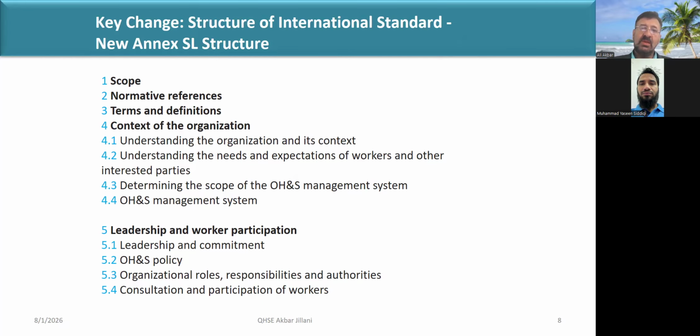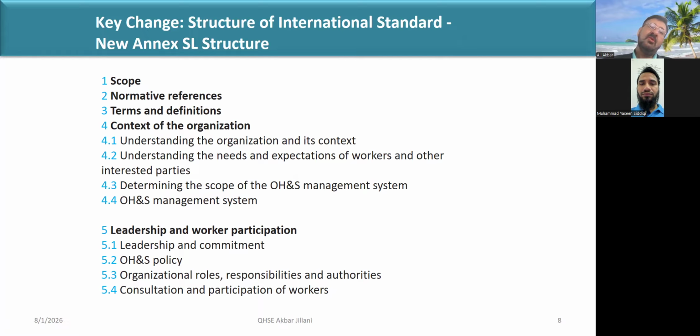So if we are working as a contractor, we have to check the management system requirements of the client. Clear? Yes, sir. Again here, why do they put the focus on scope? Because if the scope is not properly covered in clause number 1, then we will shift automatically to clause 4.3.